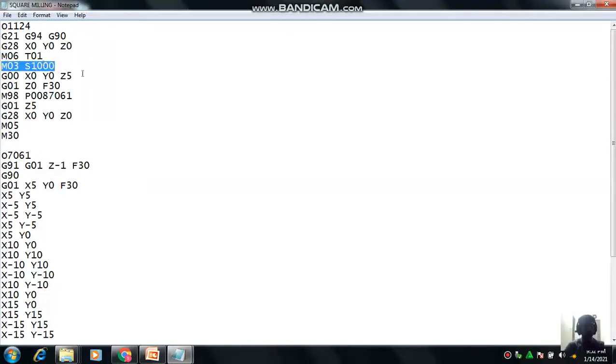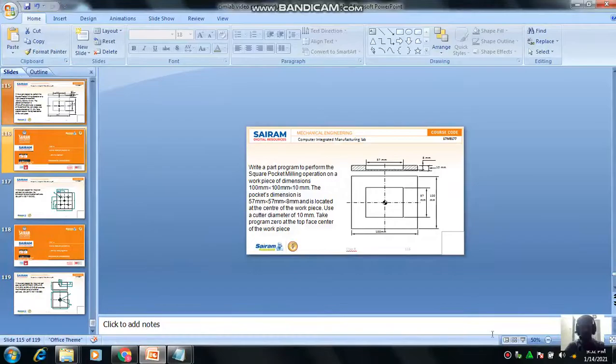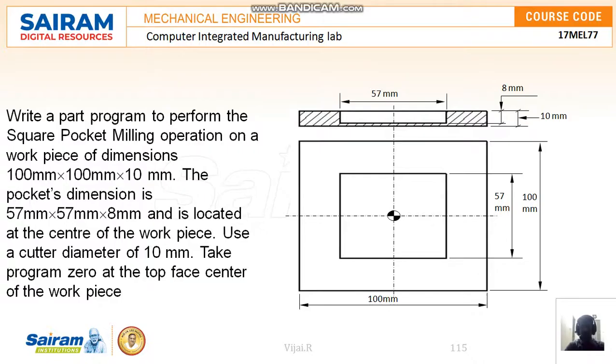After completing the selection of the tool, we rotate the spindle, which is M03, at a speed of 1000 rpm, and we bring the tool near the center. Here G00 X0 Y0 Z5, and we are touching the job, as we saw in the previous case. Just like this we are bringing the tool to the center, but at a distance. So 5 mm distance I am keeping here. After that I am going to write a subprogram.